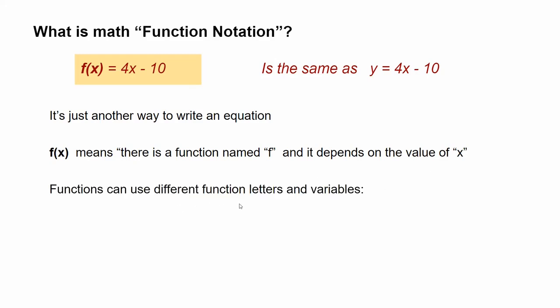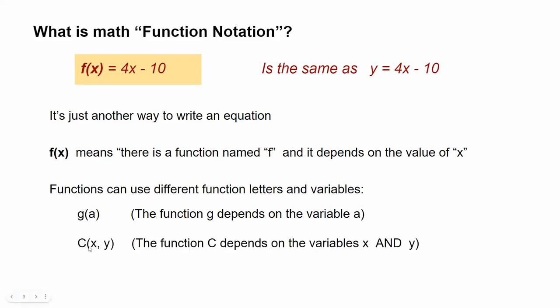Functions can use different function letters and variables. For example, we could say g of a, the function g depends on the variable a. c of x comma y. The function c depends on the variables x and y. A function can have more than one variable. Here's another one. A, and here we have a capital A. It doesn't matter whether we use a lowercase or a capital letter for our function. The function A depends on the variable